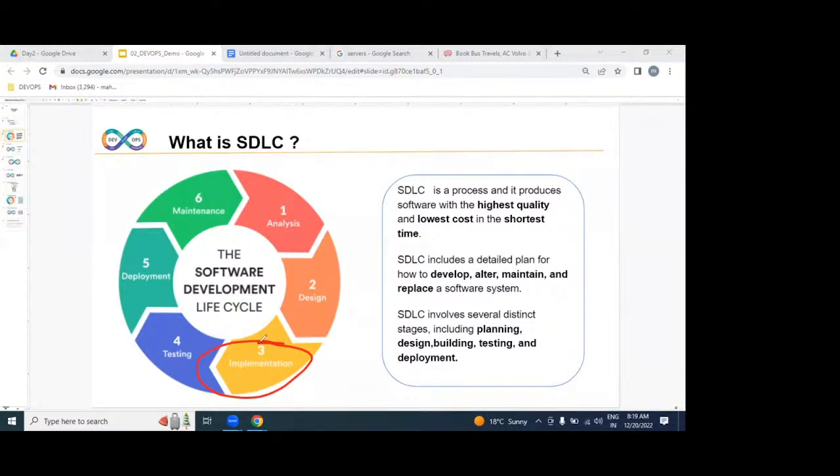After successfully implementing the software, our testers verify whether the software is working or not, by using automation test cases, manual test cases, or performance test cases.